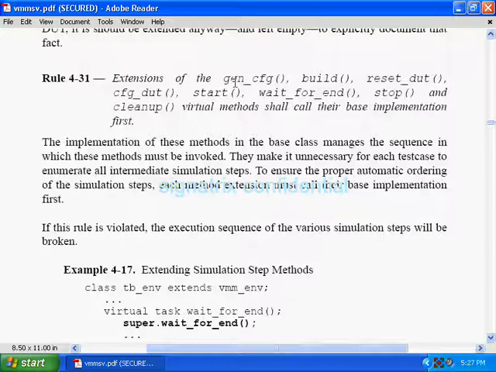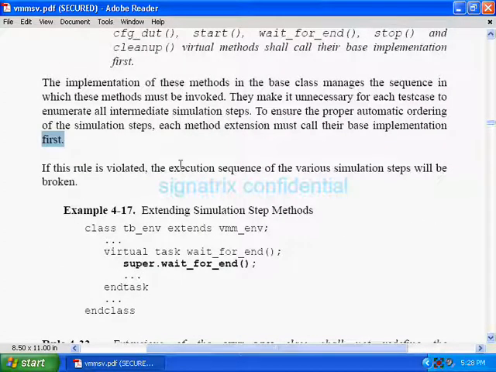What they are trying to say is, whenever you want to follow one process, like generate configuration should come first, then you have to reset the device, and if you want to proceed one by one, you have to call those things from the base implementation. In the base class implementation, they will take care of the sequencing of these tasks. If this rule is violated, the execution sequence of various simulation